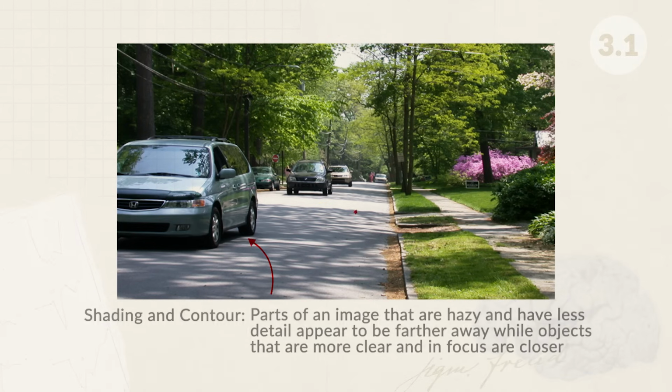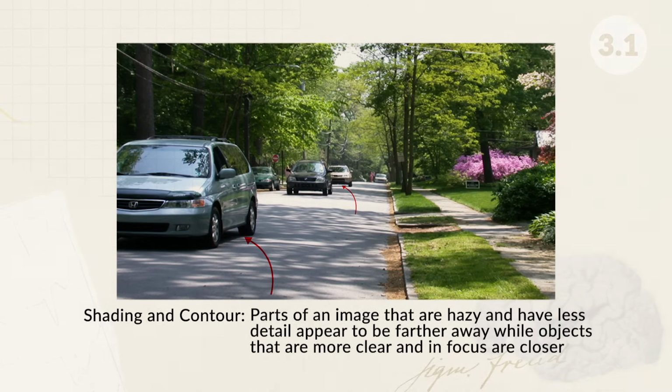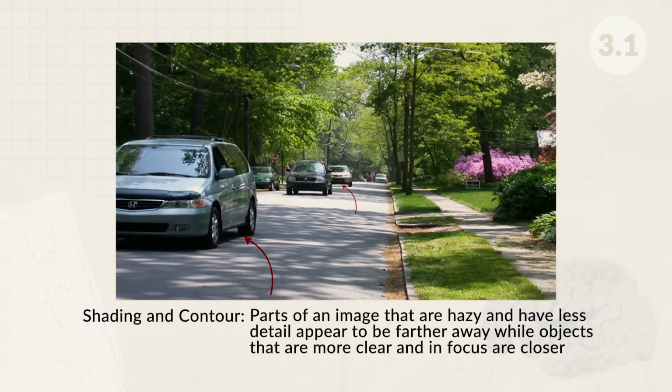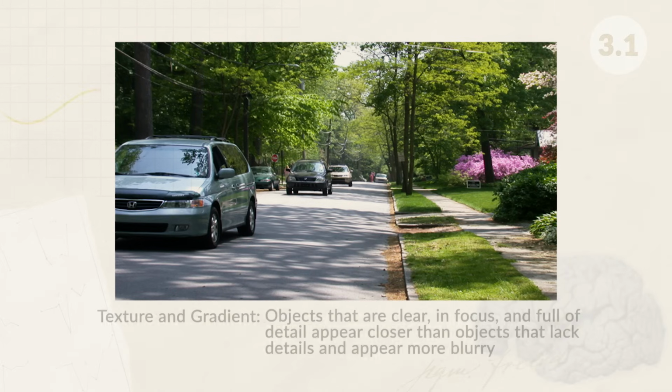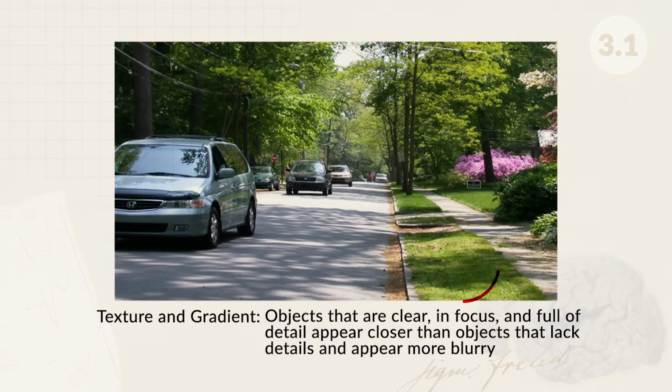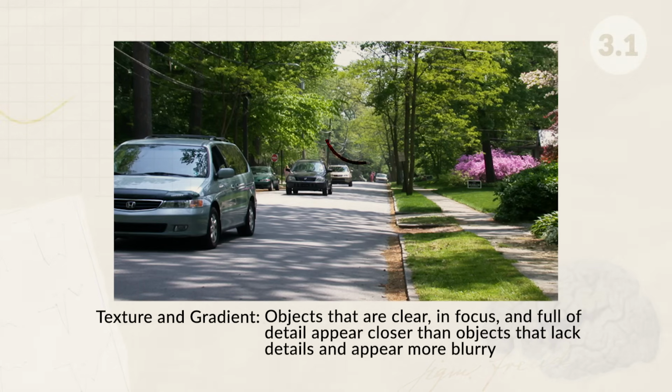This is a relative height cue. Shading and contour help us understand the form of an object. If parts of the object are hazy and appear to have less detail, they're often farther away from us. And objects that are more clear and in focus are closer. Texture and gradient also help us with depth perception. Objects that are clear and in focus and full of detail appear closer to us than objects that are further